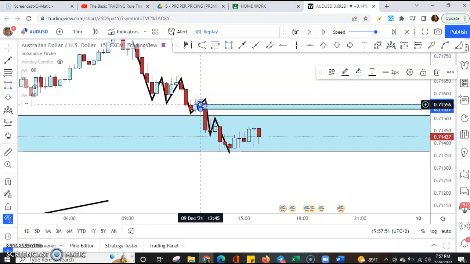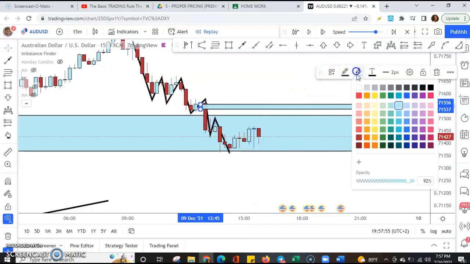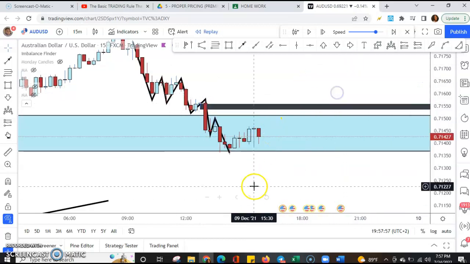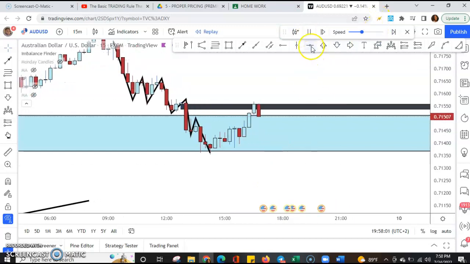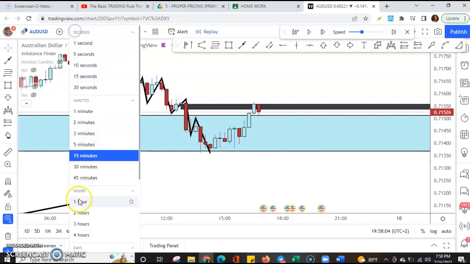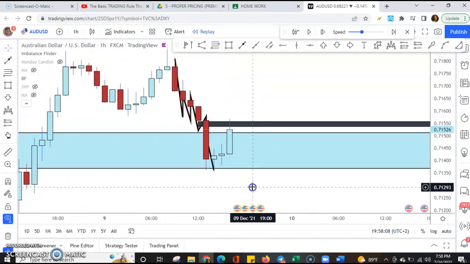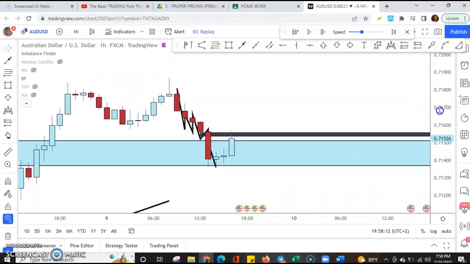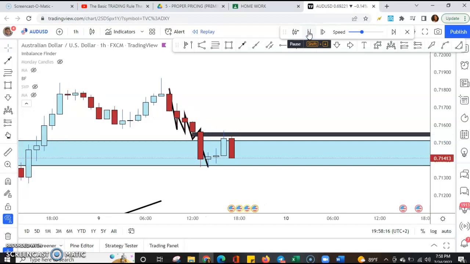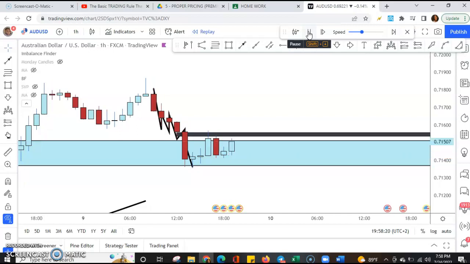And what I want to see is the market to close above here before I enter for a buy. So here, I'm going to move the market forward. And remember, I'm on the 15-minute, but I want to confirm on the 1 hour, because on the lower time frames, there's a lot of distractions and fake outs and stuff like that. So the moment on the 1 hour time frame that this market closes above that black line, I'll look for